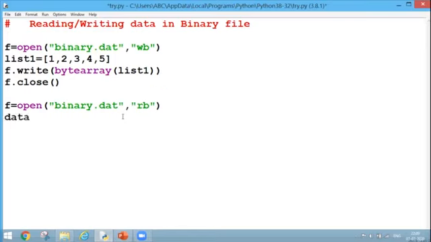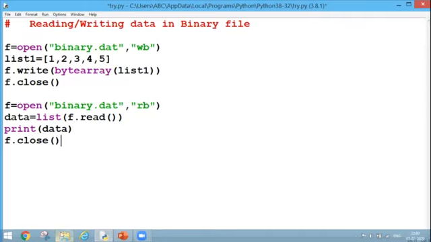After that, I will take one variable which is going to hold the handle of my read function. But as I told you, once I read my data back from the file, I need to convert it into my list format. So the list function is there to convert the data into list format. So by that we have converted it and finally we are going to print it. After printing, I am going to close my file. This statement I can use before printing my data also. It doesn't matter. The sequence doesn't matter.